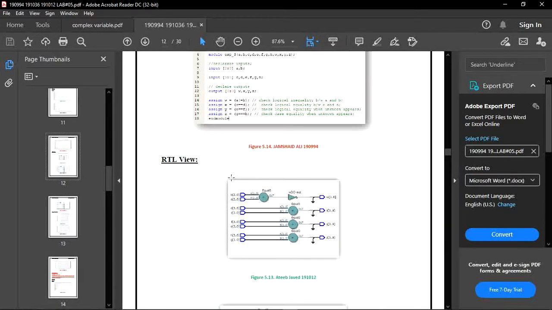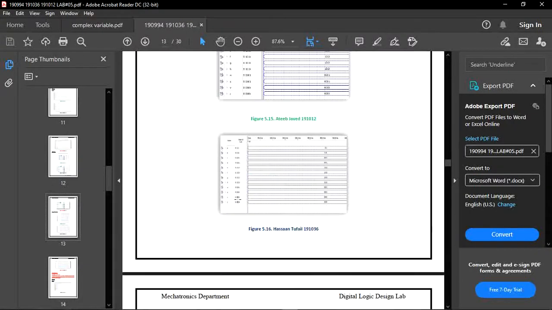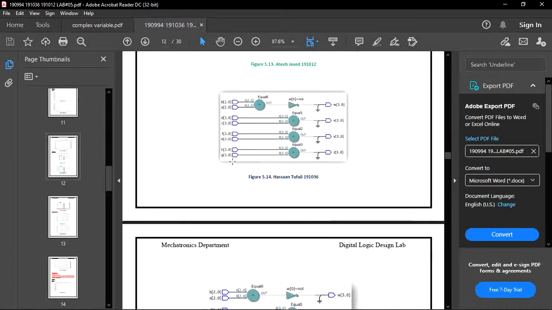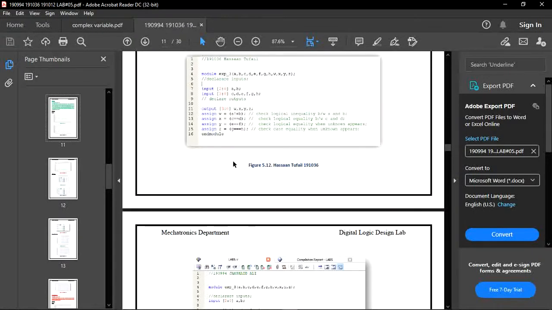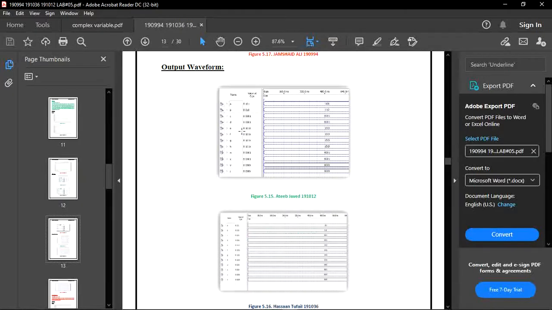You can see if a is logically unequal to b, then our function will be true. In the previous case we checked logical inequality, and in the other case we check logical equality, then our function will be true.